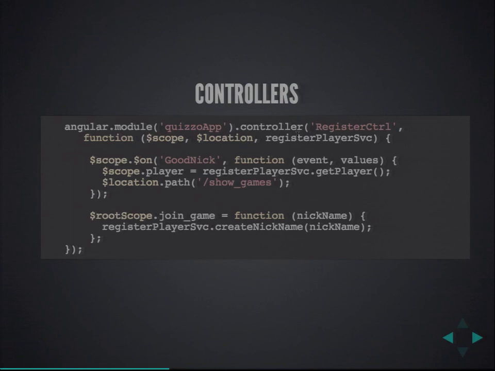So we have to take a look here. We're injecting a few features called scope. So we can write things to scope and have them immediately available to us in our page. And so we're injecting that, and it does dependency injection, so it automatically will find that Angular service and inject it. So the scope service is available to me. The location service, which is our ability to change the path of the template that we're showing, go to another route. That's how we change pages in Angular, or change views, essentially, is the term for them. And then also we have our own service called the register player service. And so that's the thing that's going to be doing its stuff. I'm keeping track of the time, so I'm not going to run out. So what we're doing here is we're setting up